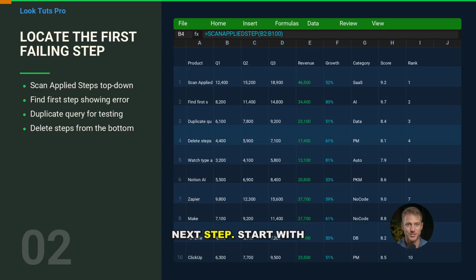Next step. Start with one rule. Don't guess. Find the first step that fails. In Power Query, errors often show up at the end, but the cause is usually earlier. Work top to bottom and look for the first step that turns from a normal table into an error. If the query still loads but results look off, check the applied steps for warnings, type icons that changed, or